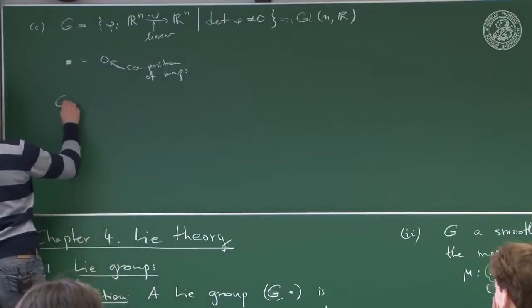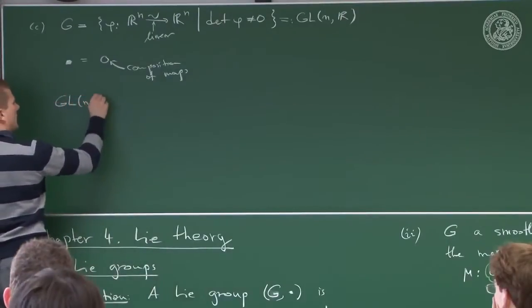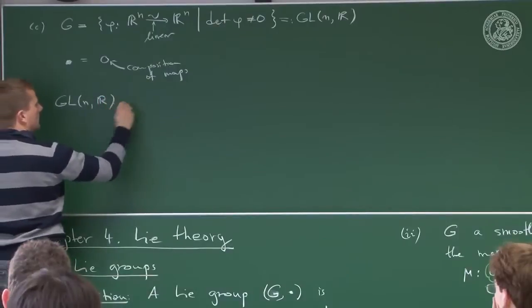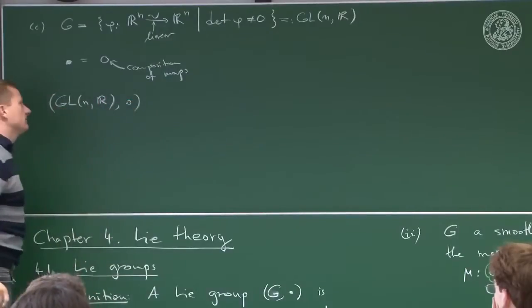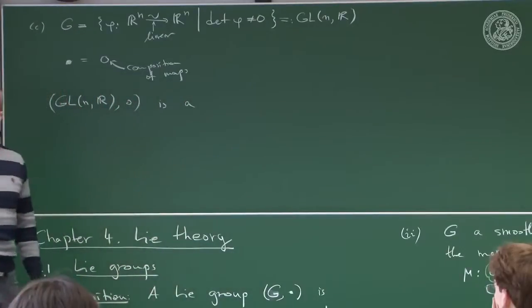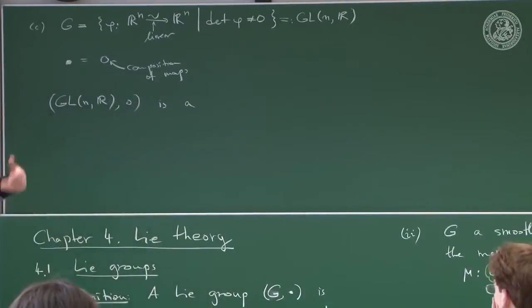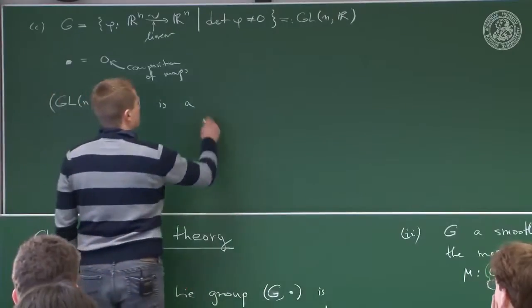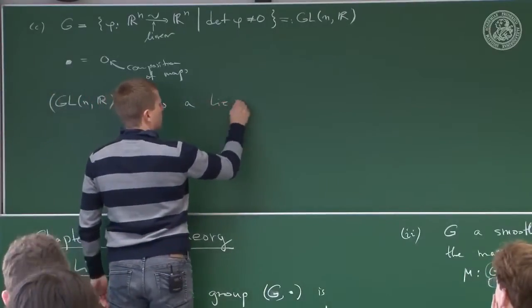So we have GLn(R) equipped with the composition is, now that's no longer a commutative Lie group, because phi after psi is not generically the same as psi after phi, a Lie group